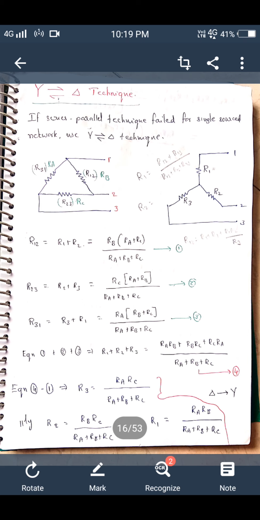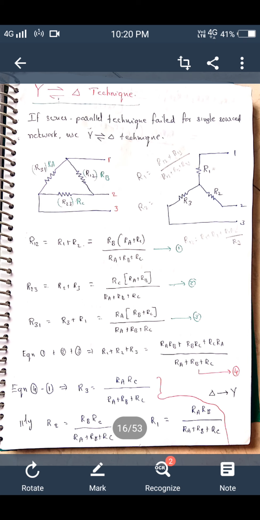So the common resistors you are going to get are between two nodes. Suppose you want to know the node 1 to node 2 resistance, we have to calculate, start from node 1 and go to 2. So you may get R1 R2, similarly R2 R3, or simply you can write R12, R23, R31. If you want to convert into star connection, meaning individual resistance values R1 R2 R3, you have to calculate R1 R2 R3. If you know this R12, R23, R31, then we use the formula as